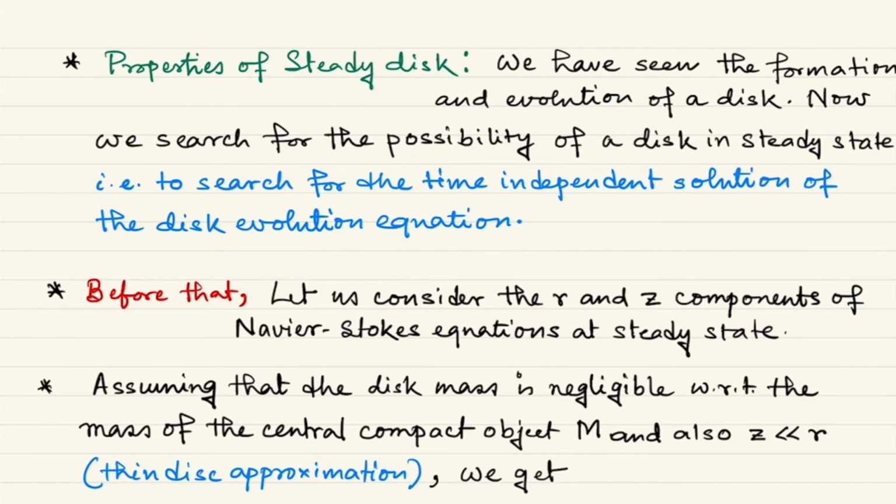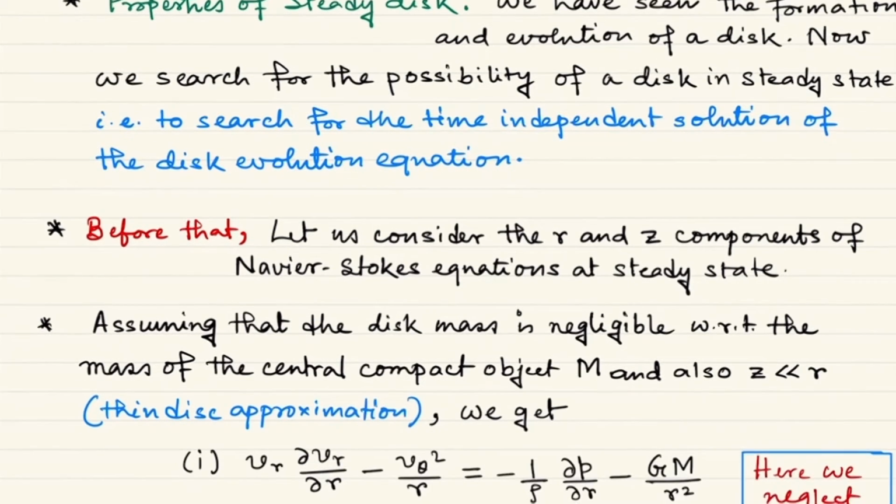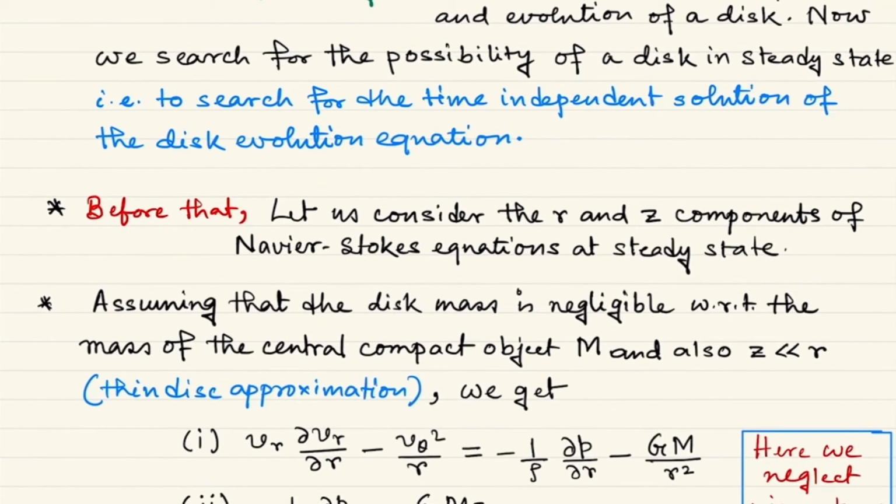We will fetch something very interesting from that. Last time we neglected those two components just by saying that VR and VZ are very small. Actually VZ is 0, so we really don't have anything very interesting for the evolution equation of the corresponding momentum. But here we will again fetch them both, and we will see that something very interesting may be concluded.